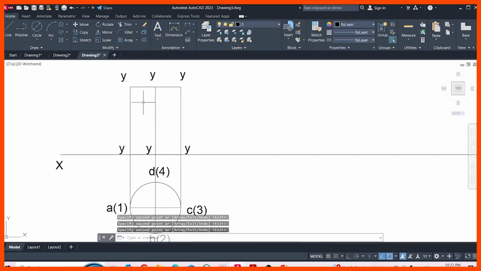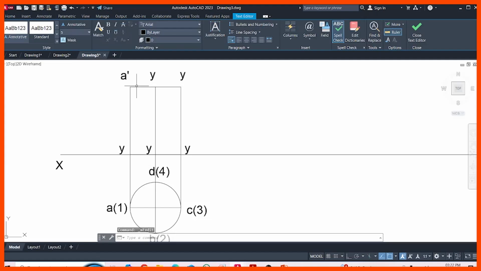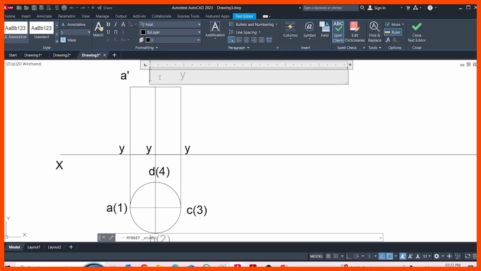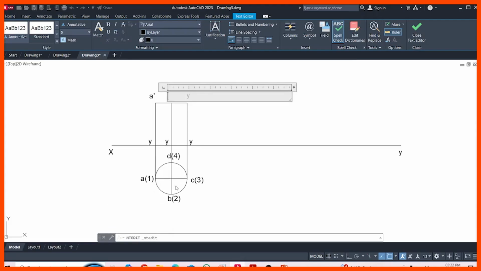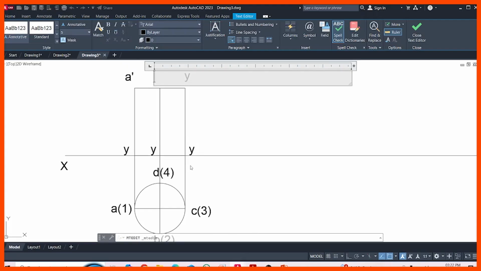So here the top circle is indicated with the letter A dash, and B and D are coming on a common baseline. So B is visible and D is far away from the observer. So B dash, and D dash is not visible, put it in the bracket,